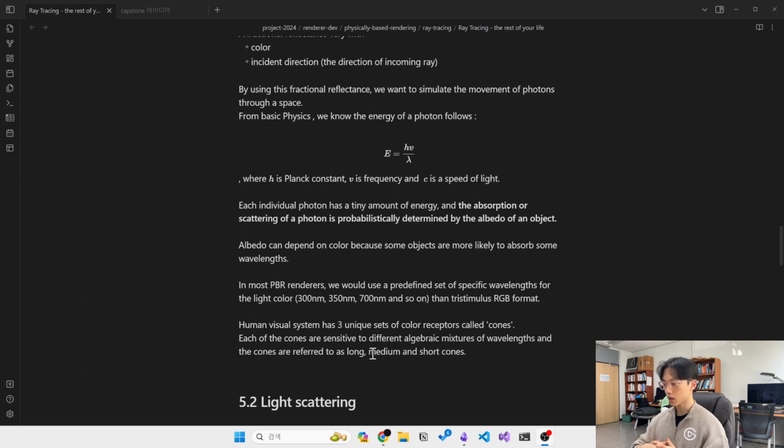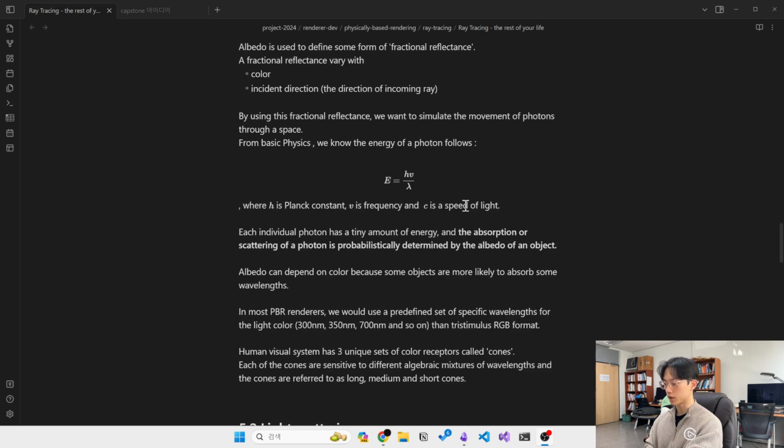And a very important concept newly added in this section is the photon. Actually, we can view light from two perspectives: one is the photon, and the other is wavelength-like characteristics. And the energy of the photon we can represent by following this equation